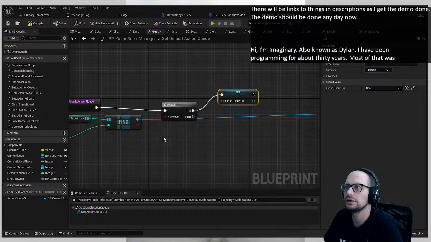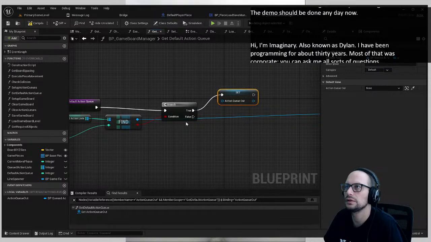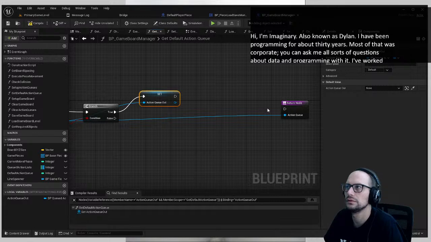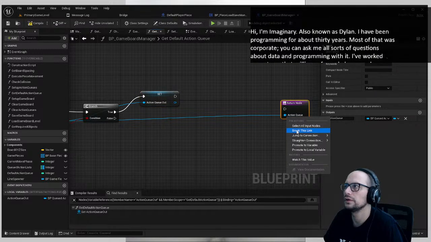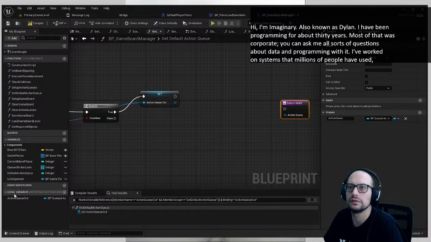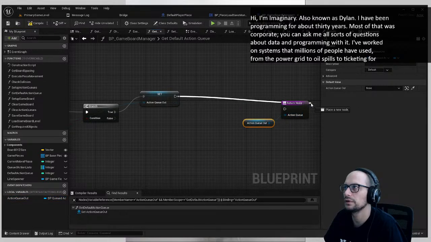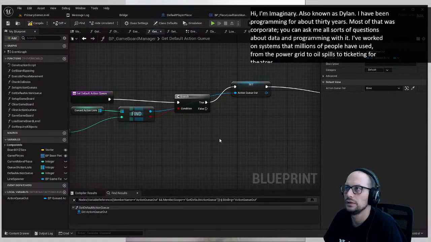Okay, and then think. Oh, and then dink there. Break this link. And then set action queue out. Yeah, action queue out goes there. Fine. If not,